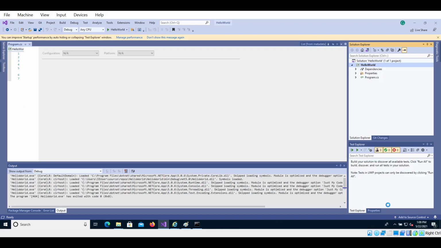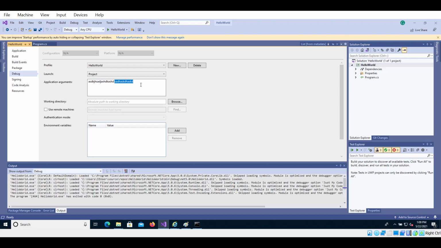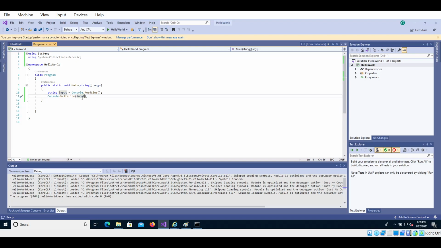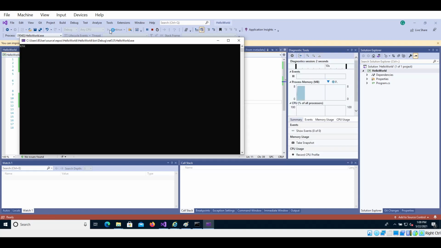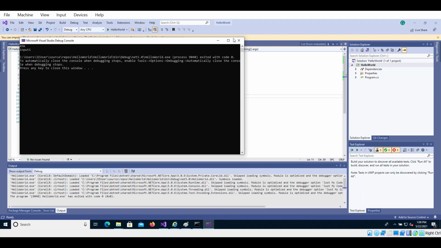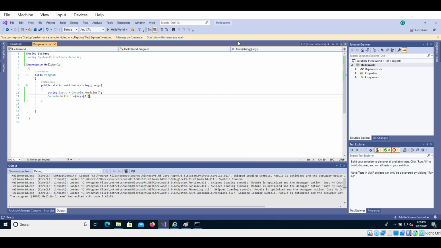let's do this first. Go here to properties and delete this, and then have something proper input. And here the arguments. It's like an array of arguments. So we want to display the first argument, and we know arrays start from 0, so we type 0, and we display input 1. Okay,